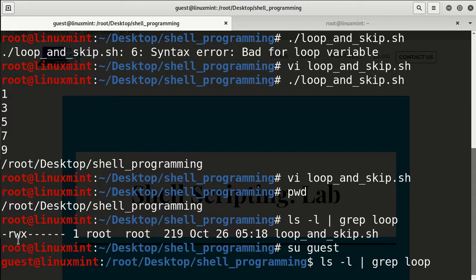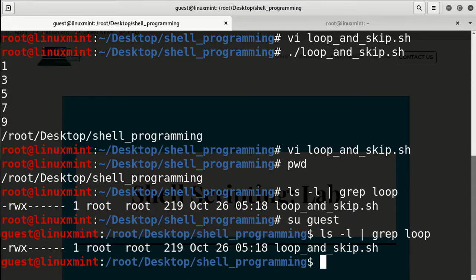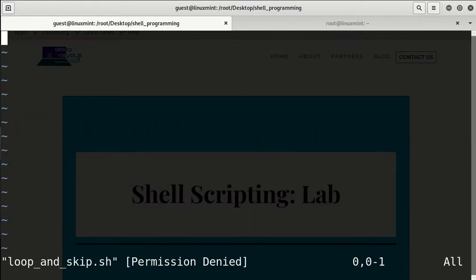So now mind, we have changed the name of the user from root to guest, right? So now, looking at the permissions, we can see that only the owner has permissions of reading, writing and executing, but we don't have permissions. So what happens now when we actually try and view this file? It appears to be blank. See, permission has been denied for us to actually view the file, right?